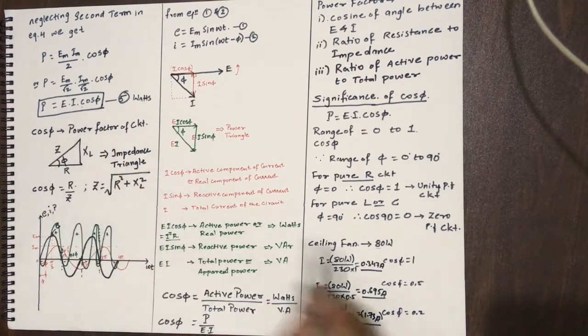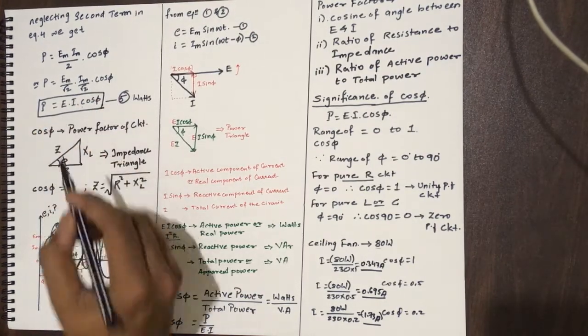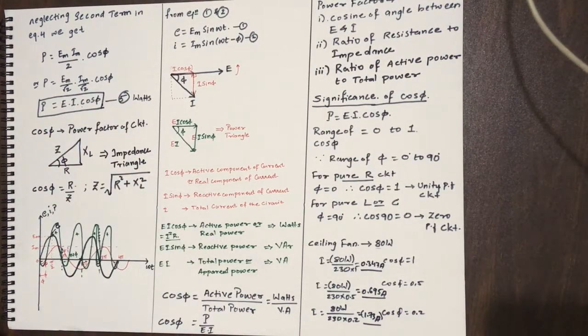Therefore, the current drawn increases. But in practice, if the power factor is kept high, for the same amount of work to be done, one should keep in mind that when any appliance is designed for operation, the power rating of that appliance is fixed. Therefore, that appliance will receive that amount of power from the source. If the power factor of that device is very low, then to do the same amount of work, the current drawn is large. If the power factor of that device or appliance is high, then to do the same amount of work, the current drawn from the source is less.